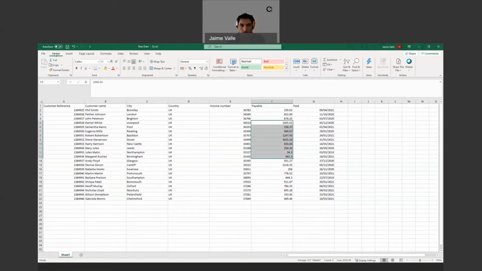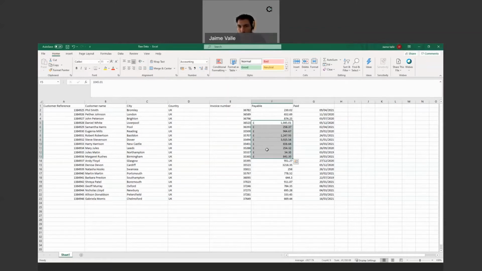The first way is the Home tab up here. There's a button in the middle, this one here, which is kind of a note with a few coins on it. If I open that, there's a little arrow next to it. I can select which currency from the main ones, and if I open the last option, I can select some others. So let's go with the British pound.